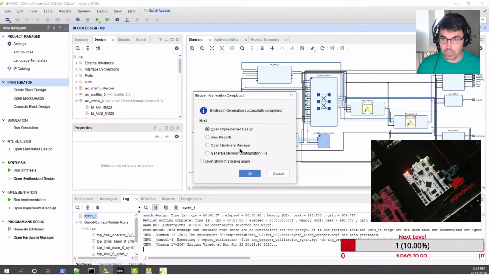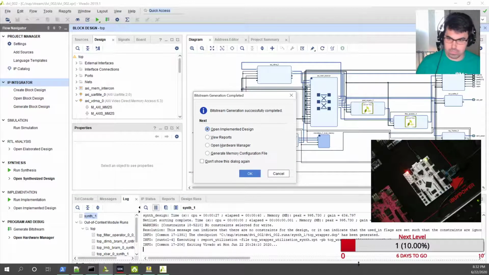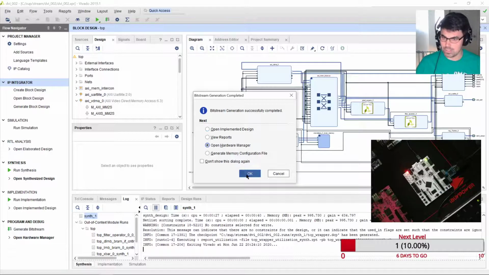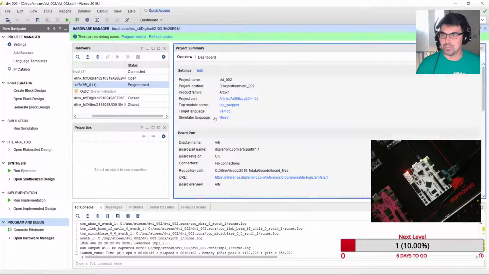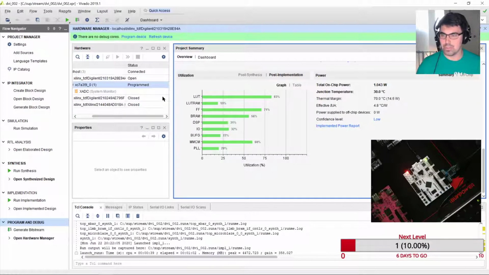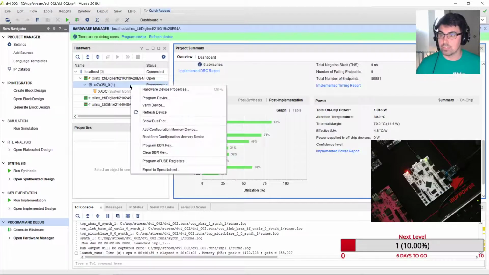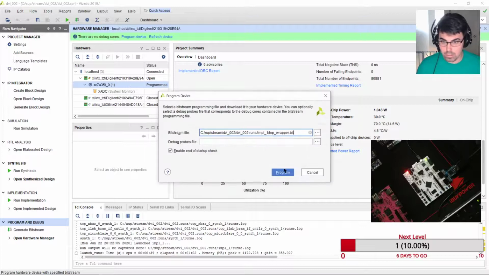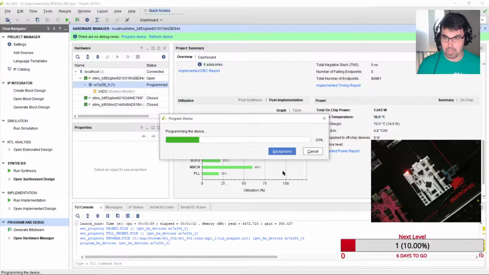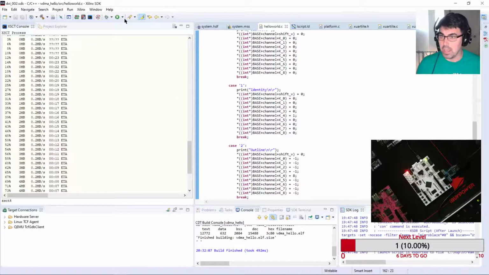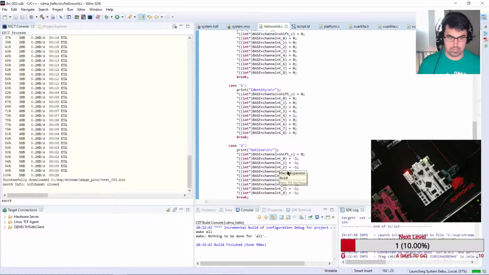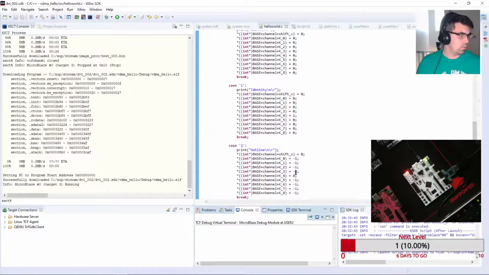How's our hardware coming along? Oh, our hardware's done. Let's go ahead and open Hardware Manager. Let's get the utilization. Ooh, 83%. That's nice. So let's go ahead and program it with our implementation top. And then we're going to go to SDK. And we'll hit this. So now if we go to our HDMI,